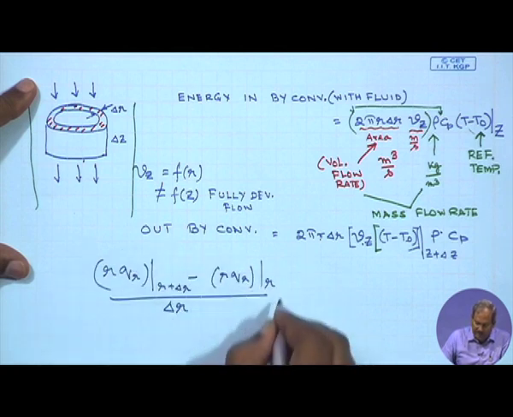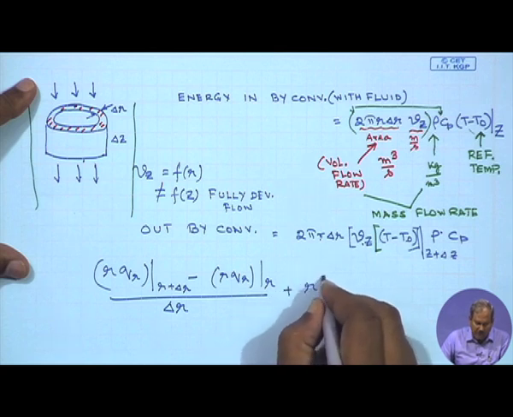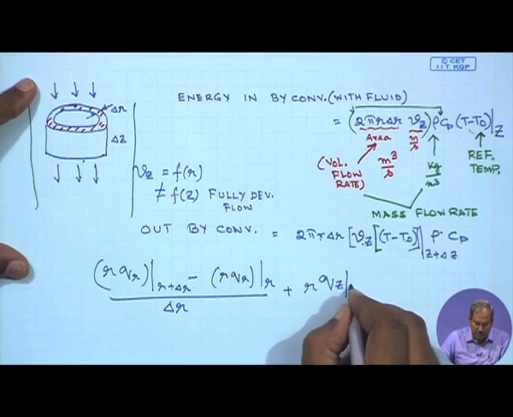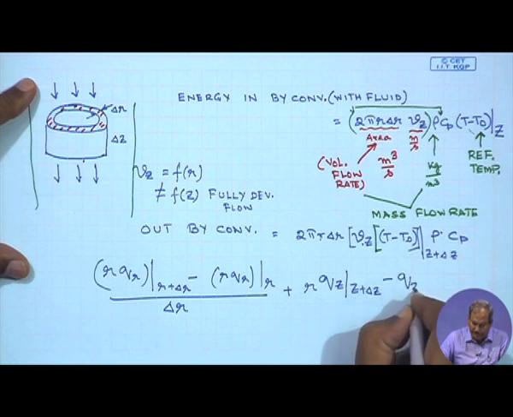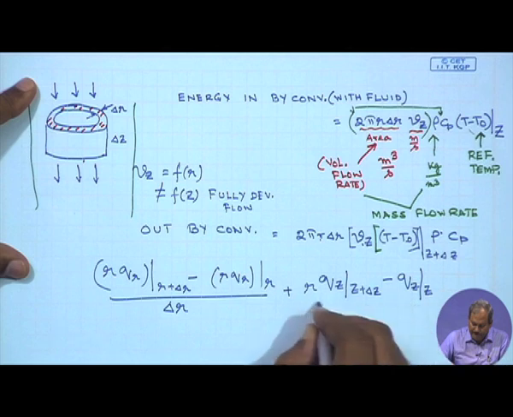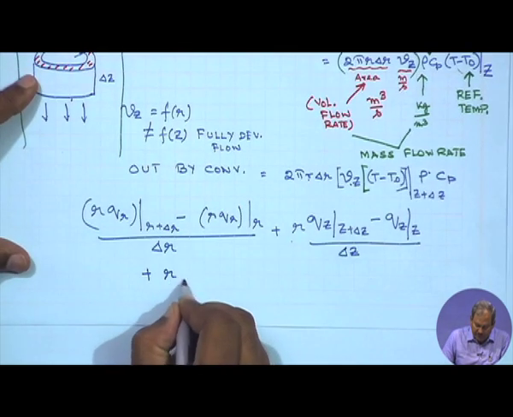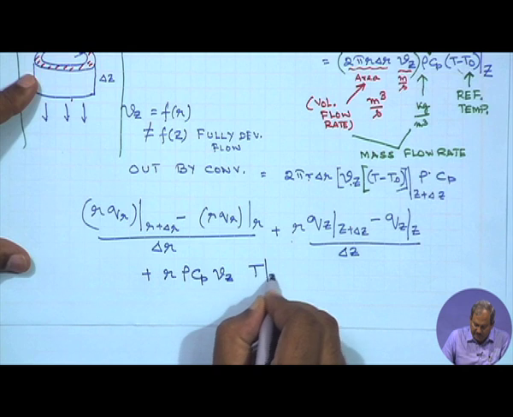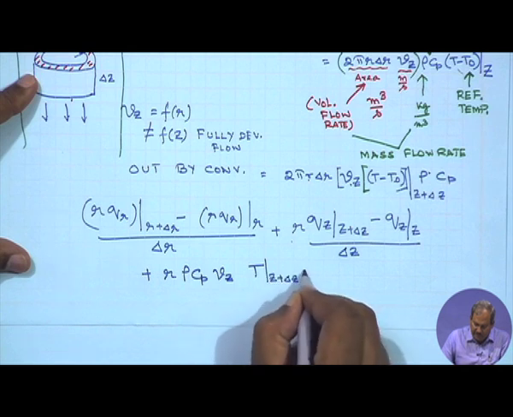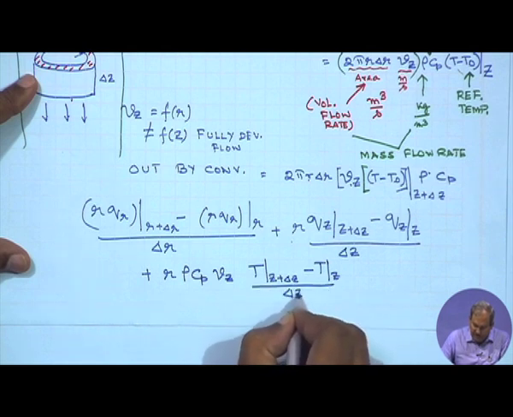This is essentially the net addition of heat by conduction plus this is the net addition of heat by conduction in the z direction, and also we have the convective term Vz. This is T at z plus delta z minus T at z divided by delta z is equal to